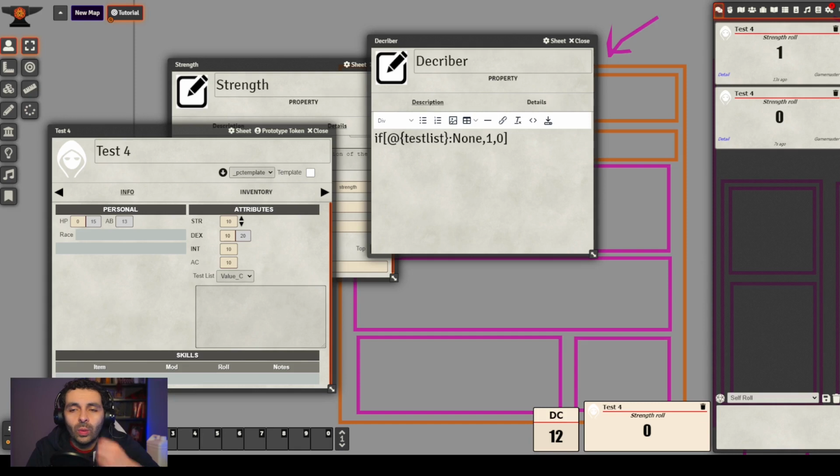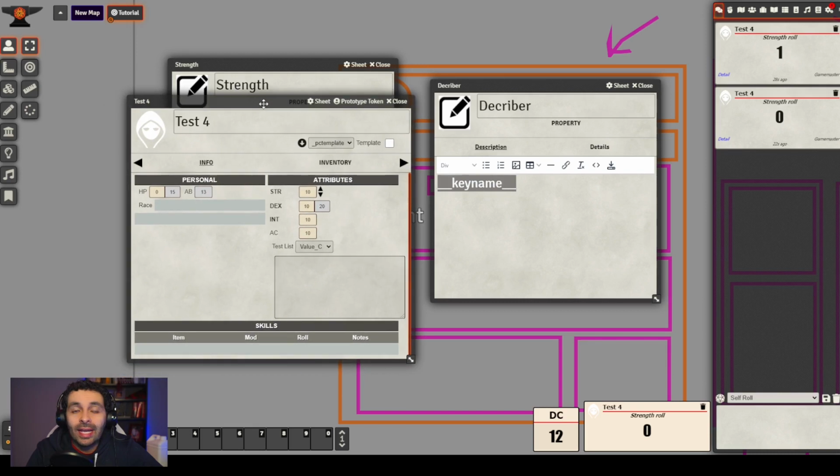Okay, this is going to be cool. I am going to show you a couple of things. So this expression is this one. Okay, this is a direct reference to a property value by using its key name. You're going to use this one when you want to dynamically reference properties only with its key name.